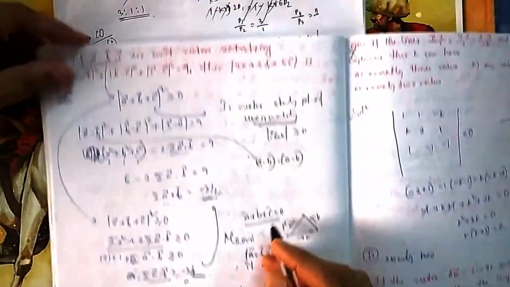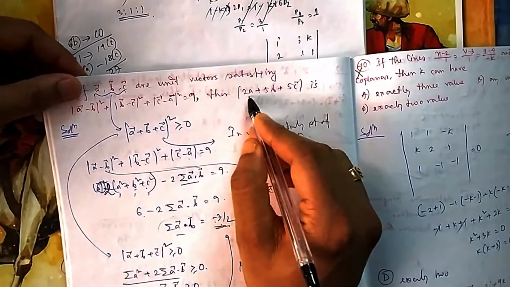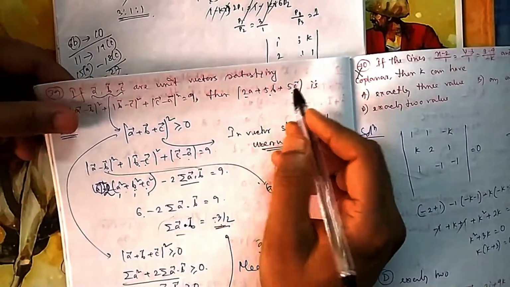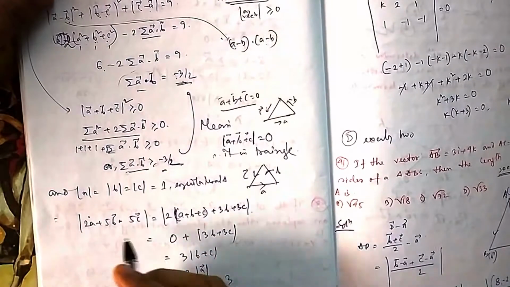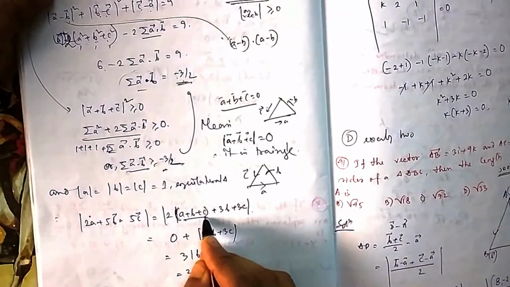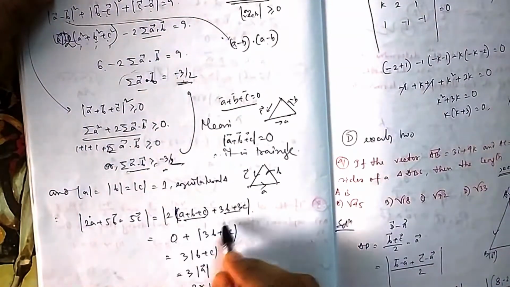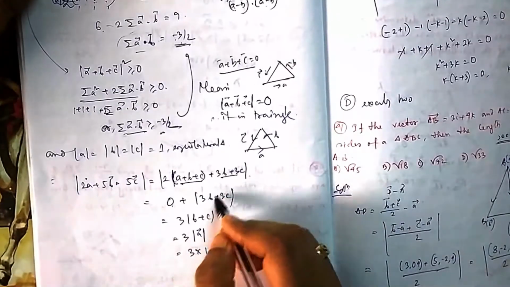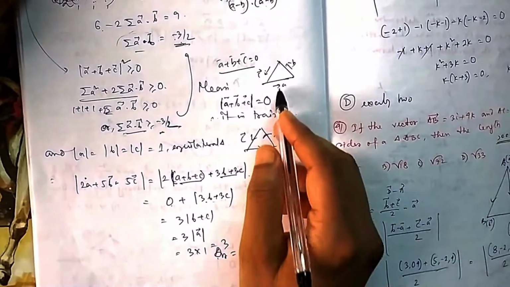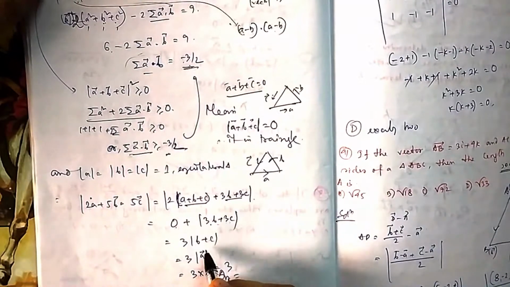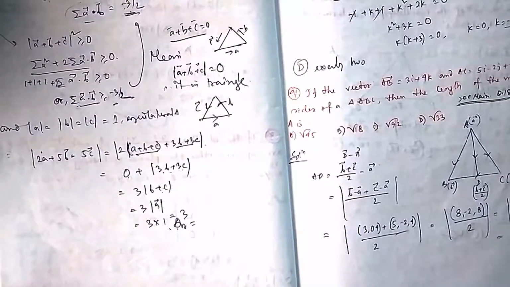So that's why a plus b. From here you can use this one, because you can write it as 2a plus 2b plus 2c, and the rest you will put as b plus c. So here we have done the same, a plus b plus c times 2 and then 3b plus 3c. This is 0. And in 3b plus 3c, you can take 3 common, b plus c. Instead of b plus c, you can write minus a, magnitude of a, and these are all unit vectors. So it is 1, so the answer is 3.